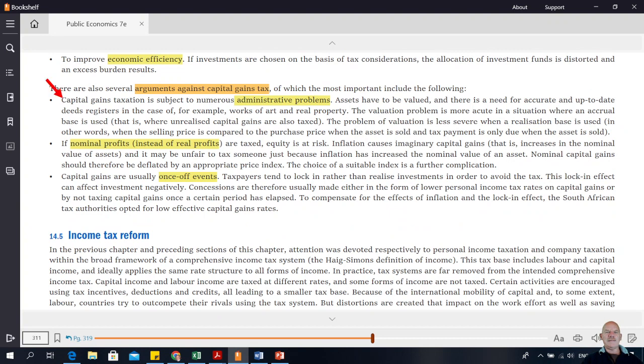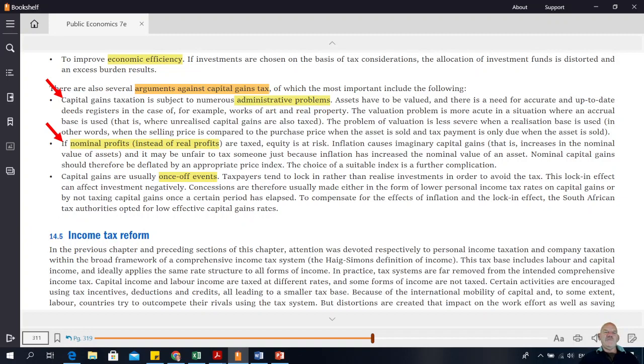Then the arguments against capital gains taxation. It's difficult to administer the tax. It's difficult to calculate the values of certain assets. For example, if you have a piece of art, what is the value? What was the value when you got it? In real terms, it's really difficult to value things. So the administrative problems are difficult, and usually capital gains tax is on the nominal increase in an asset,